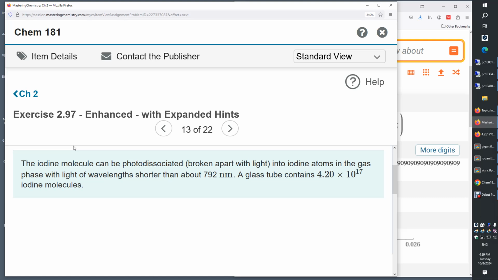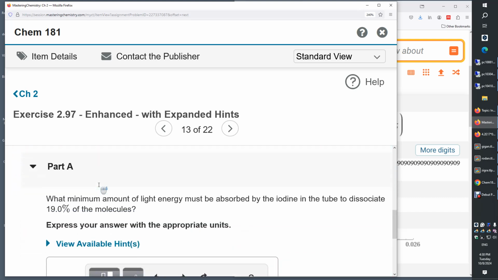Chapter 2, Exercise 2.97. The iodine molecule can be photo-dissociated into iodine atoms in the gas phase with light of wavelengths shorter than about 792 nanometers. A glass tube contains 4.2 times 10 to the power of 17 iodine molecules. What minimum amount of light energy must be absorbed by the iodine in the tube to dissociate 19% of the